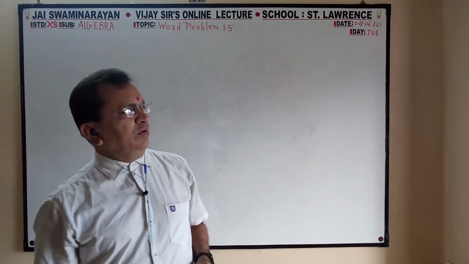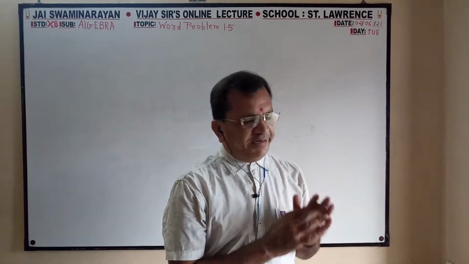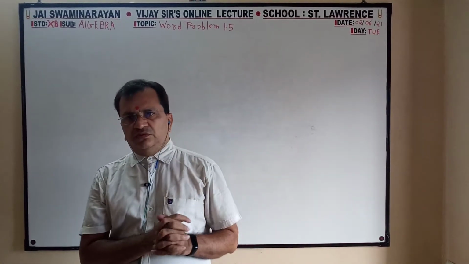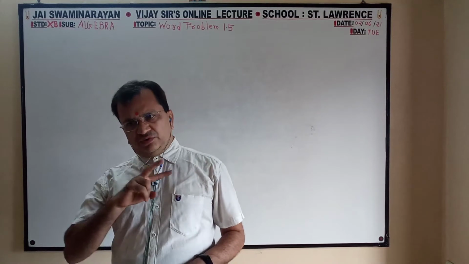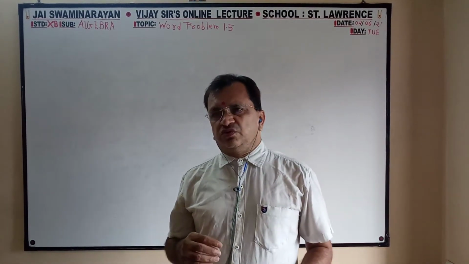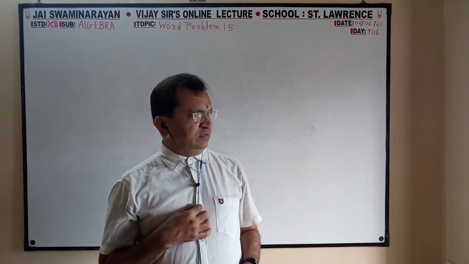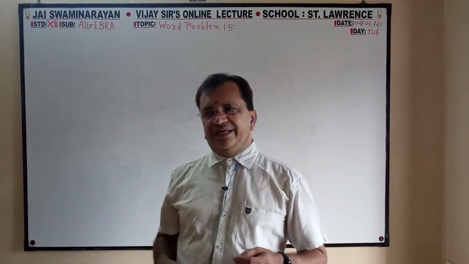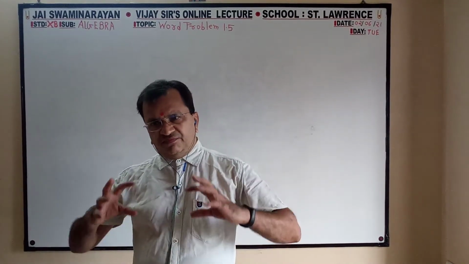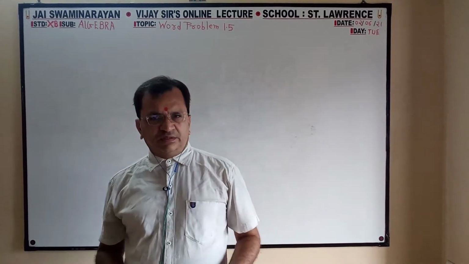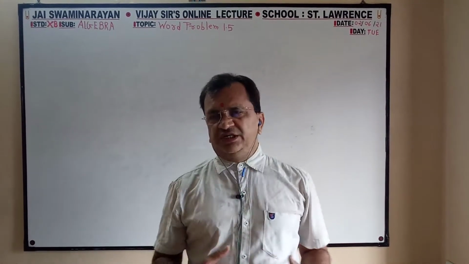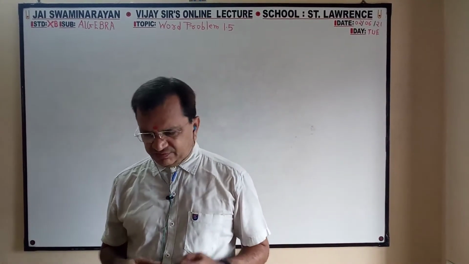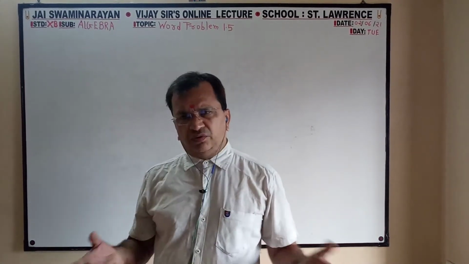In word problems, direct or indirect, two conditions will be given because it is a simultaneous equation. We have to find two variables. So in this type of word problem, they will give two conditions. It is very easy to convert these two conditions into equations, that we will see, and you know how to solve.